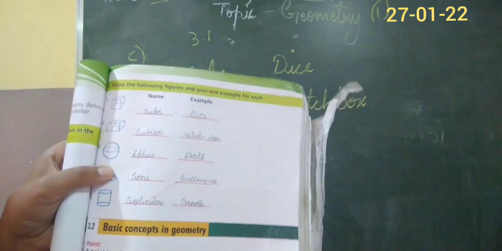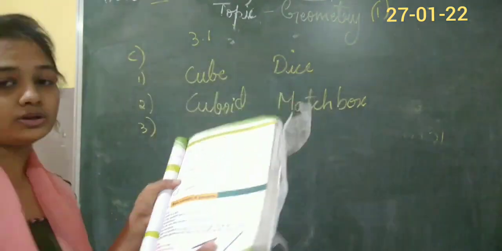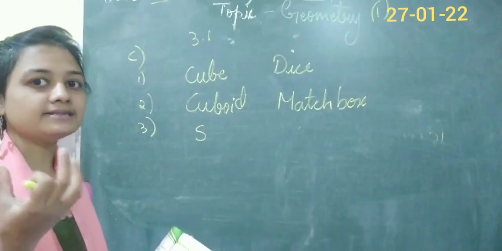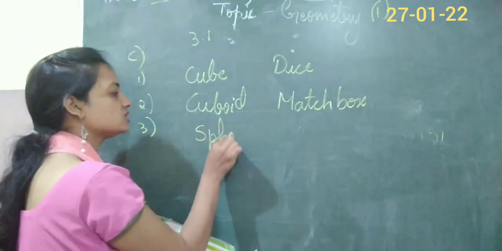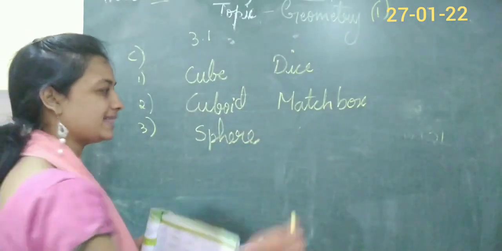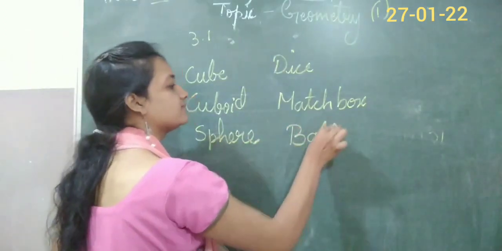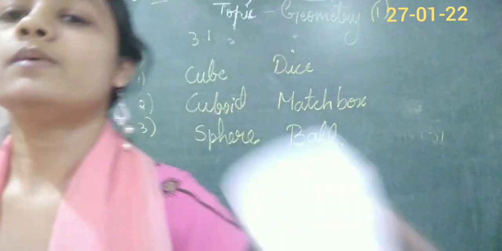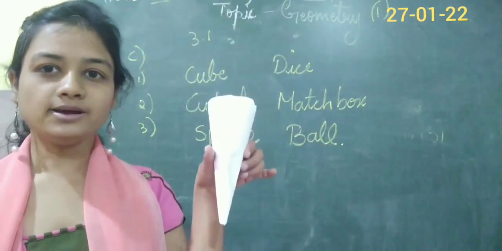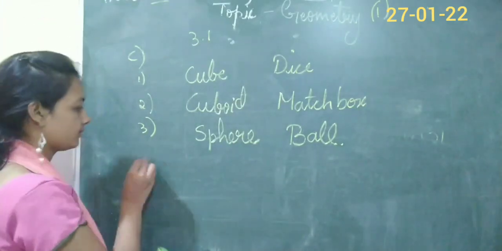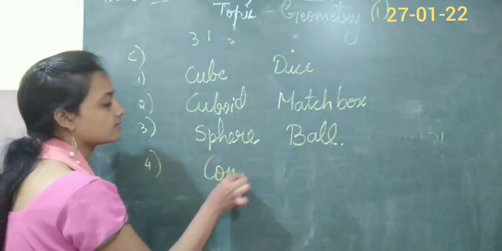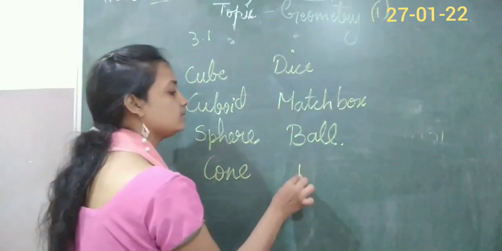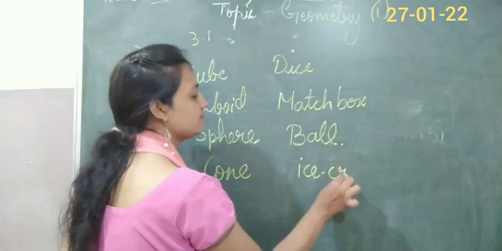Third one, you can see the shape here. It looks like a circle, but this is not a circle, children. It is called a sphere. Imagine your ball. Okay, it is a sphere. S-P-H-E-R-E. Sphere. An example, I'll give you ball here. Example is ball. The next one. What is this shape called? It is a cone. An example for this is, you have birthday caps, ice cream cones. So I'll give ice cream